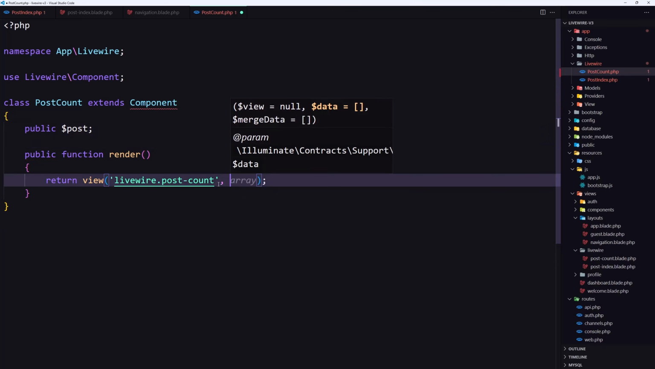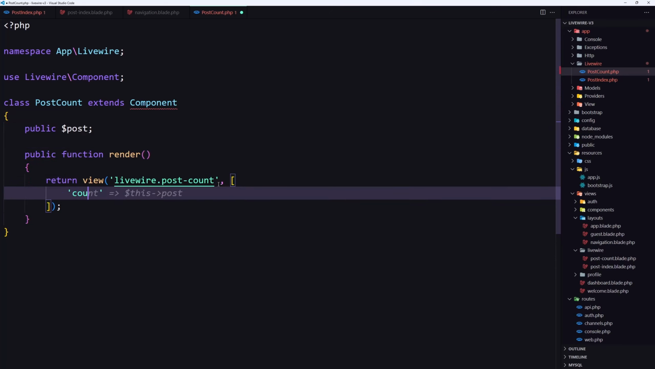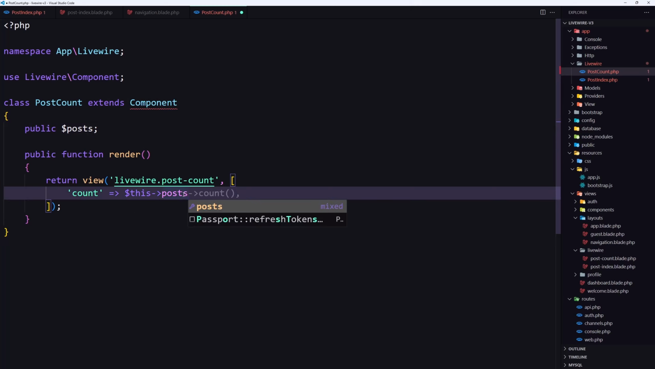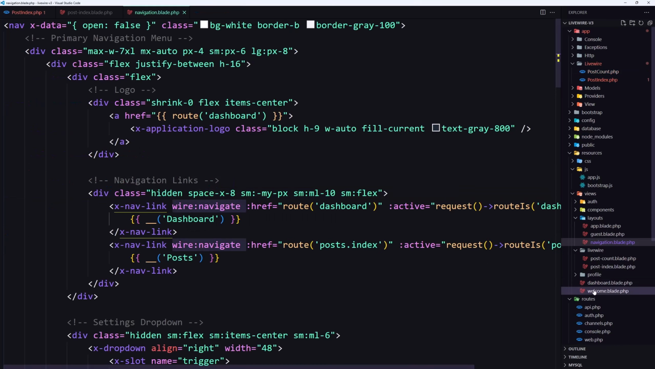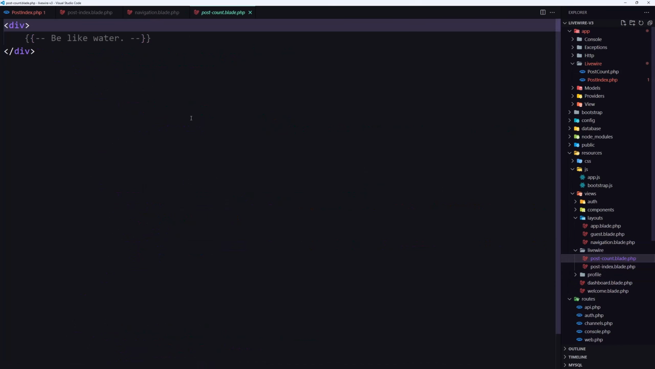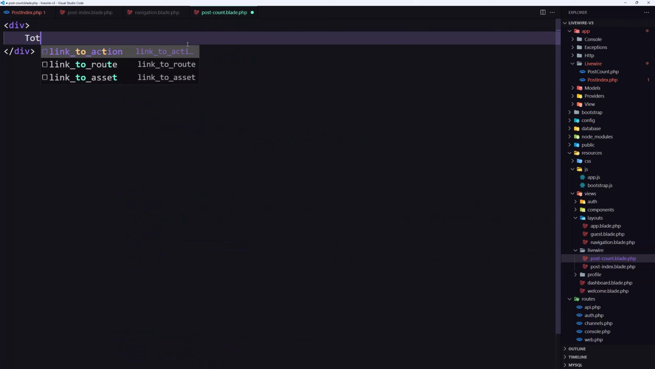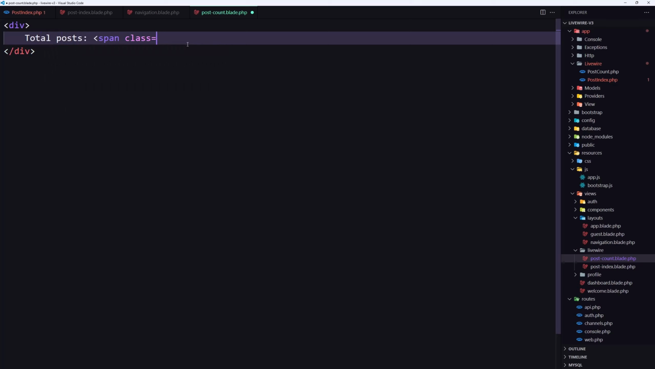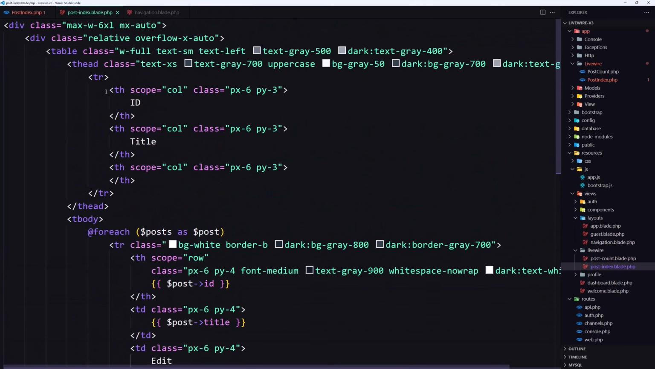And now we can say here count is going to be this post plural post count, like this. Let's save, close this one. Now let's go to the Livewire post count, and here I'm going to say total post is going to be, and just display that $count variable. Okay. Now in the post index, let's use